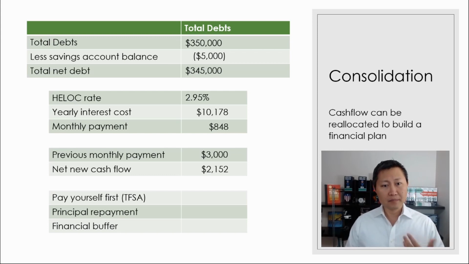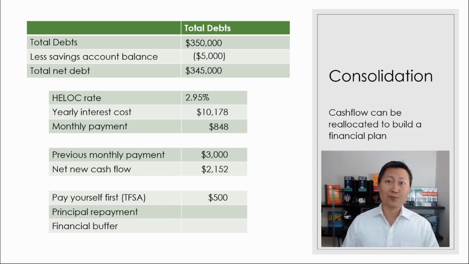So let's start a financial plan, right? So pay yourself first, right? The first principle of all financial planning, pay yourself first. So I've got in parentheses there TFSA. Let's start TFSA at $500 a month, right? So before there was really very little savings going on, and now $500 a month. So it's a good start. That's $6,000 a year, which is ironically your TFSA contribution limit for the year,